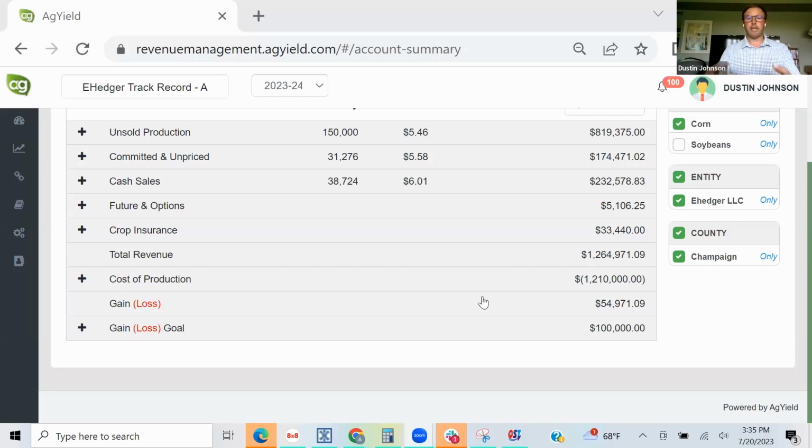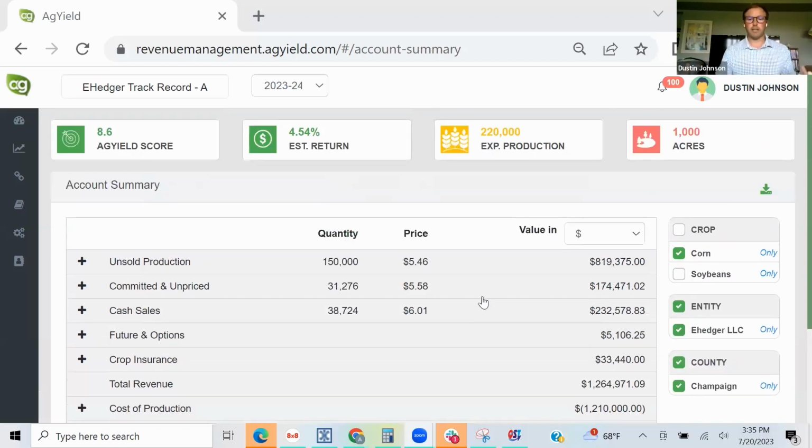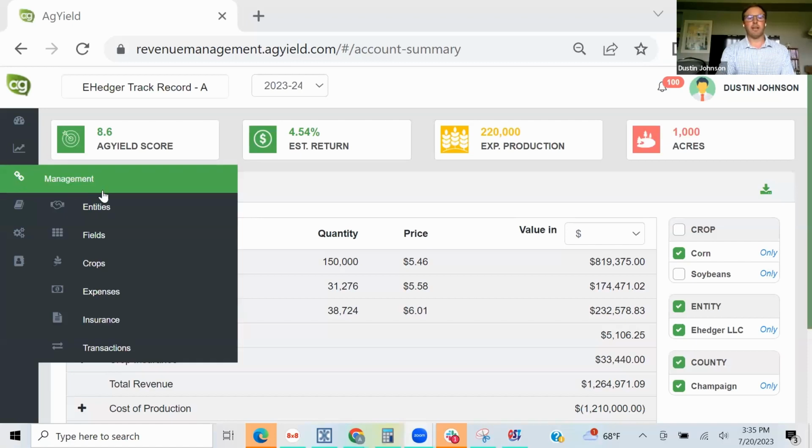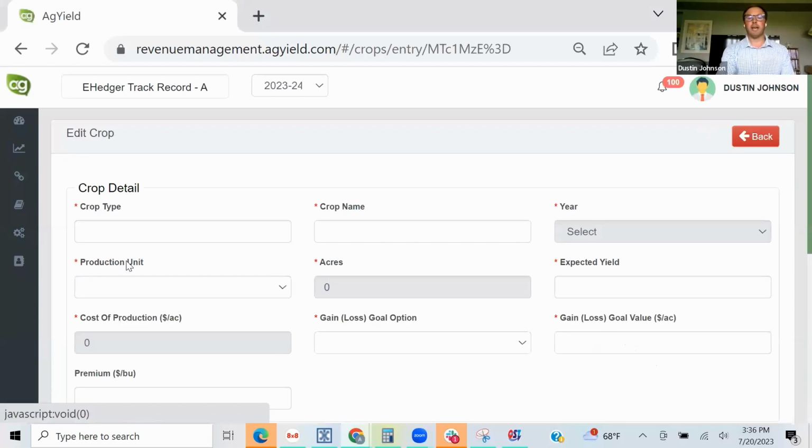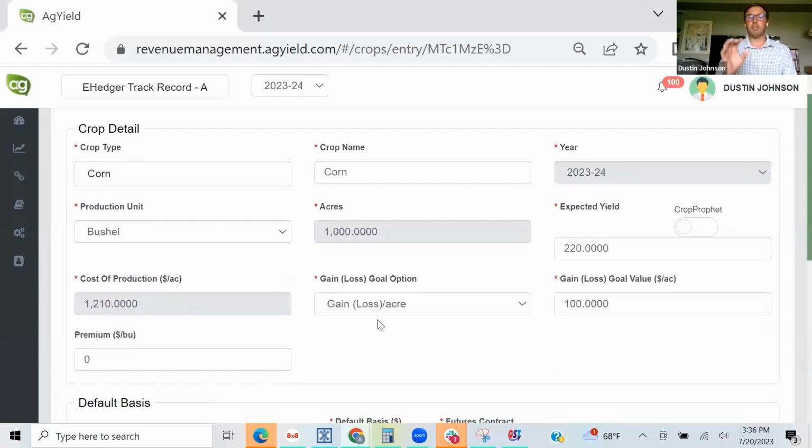And so when it comes to a yield projection like what CropProphet is offering, we thought this is a great integration into the AgYield software, is to actually go in and allow the option to turn on that CropProphet function so that your individual counties that you're growing, that your fields are located within, can actually use that CropProphet data to forecast that ever-changing yield on a daily basis, as Jan was just showing.